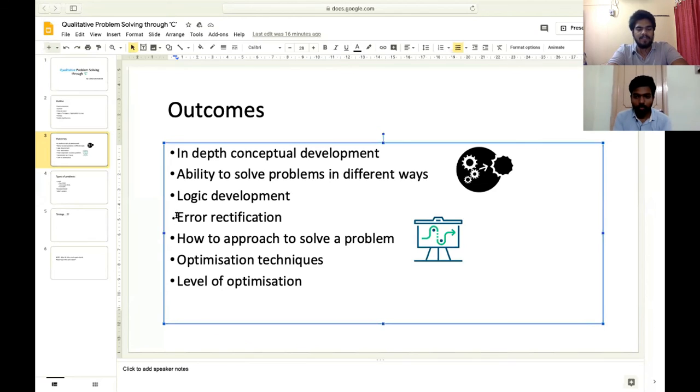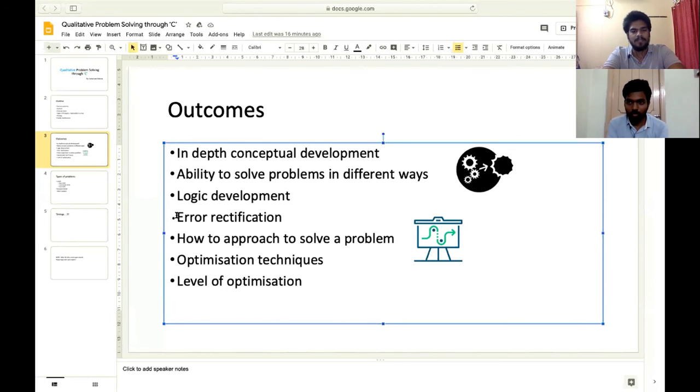Error rectification: whenever you encounter an error, by just reading that error, you need to understand what mistake you have made in the program, and change it at one instant. In the stage of learning, we just see the program and execute it. When you encounter a segmentation fault, you will be in a dilemma. What happened? Why this segmentation fault?